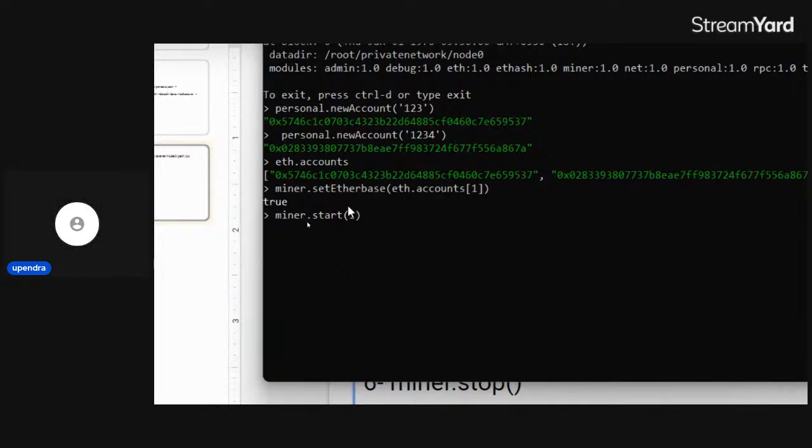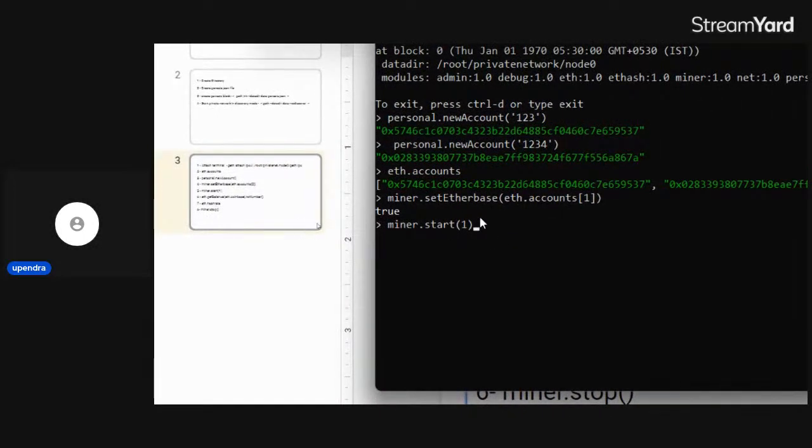You can change the allocation to 2 or 4 threads if you want to mine faster and increase your chances of getting a reward. By increasing threads you increase your computation power and can mine quickly. I'm just going to use 1 thread because we are not running on the mainnet, it's a small process. And when I enter,